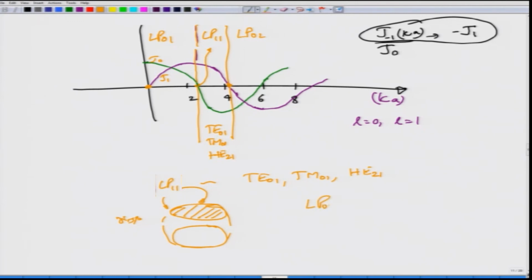So, the LP01 mode of course will have its maximum at the center, and then it would gradually go down. I can't draw this one, but the intensity goes down, and this index indicates that there is no phi dependence, whereas this one indicates the number of rings is equal to 1. So, these are some modes. What I will do is upload different mode pictures on the website or in the assignment for you, or you can look at the textbook and you will be able to find these different modes.